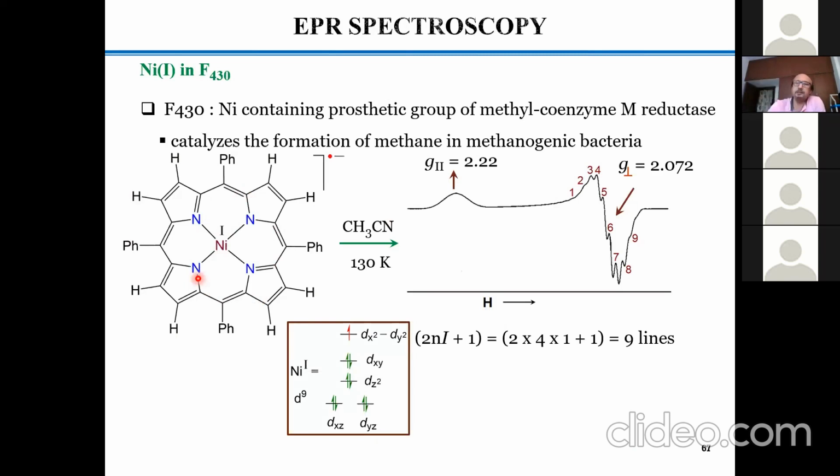Now, tetragonally elongated situation means here nickel 1 means essentially d9 configuration, right? d8s2. So d9 configuration. So that means 6 electrons would be at the lower part and 3 electrons would be at the t2 eg level. Now the way it has been drawn, it could have been also otherwise, that dz square would be higher in energy compared to dxy, but it depends on many factors how the interactions are. So here it is being considered dz square lower than the dx. It doesn't matter much, but you have the unpaired electron in the x square minus y square, right?